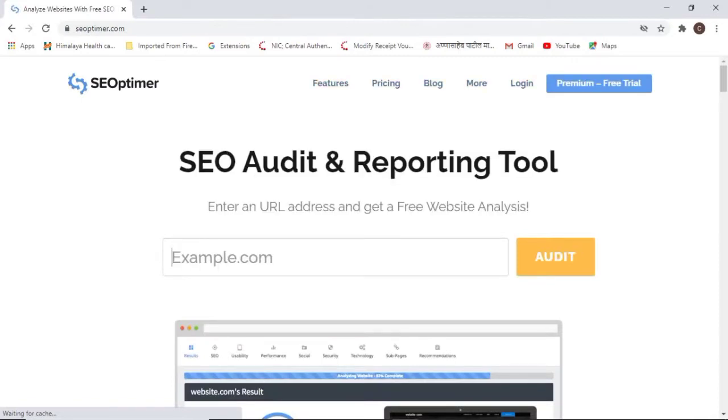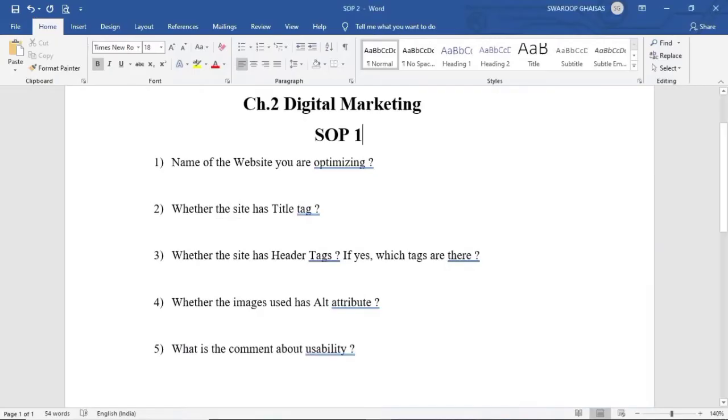Now here you have to provide the path of the site for which you want to perform an SEO audit. Suppose we are performing an SEO audit for the website www.w3school.com. So this is the site name. So mention that site name in our Word document also.